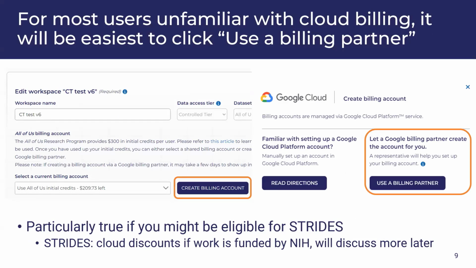As I mentioned before, I'll show you how to do this in the demo, but for most users that are not familiar with cloud billing, it's going to be easiest and probably most efficient and best to just click use a billing partner when you have the option to create a billing account. And that's particularly true if you have NIH funding and you might be eligible for STRIDES. We'll discuss this a little bit more later, but basically